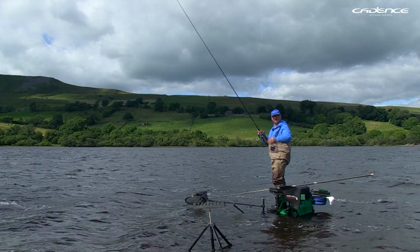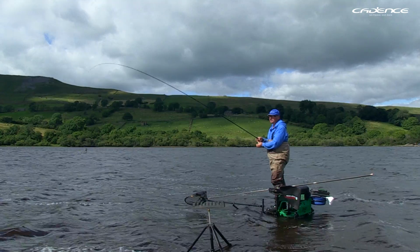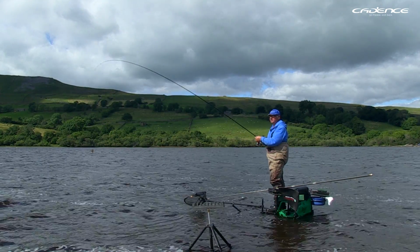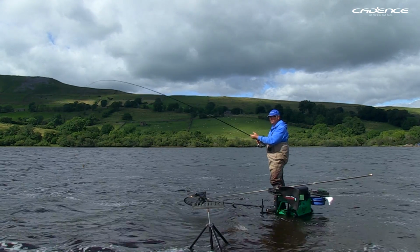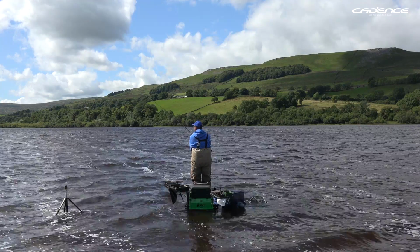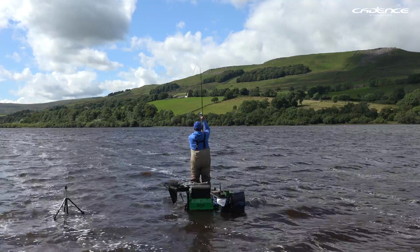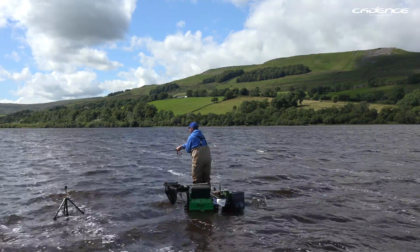Right, let me take you through the casting process. We wind up the feeder, leaving a couple of feet, maybe 3 feet from the tip. Always check that the line's running through, just give it a little pull like that. And in one motion, bring it behind your head, got my left hand at the bottom of the butt, and we punch through to that far bank marker, hit the tip perfect,